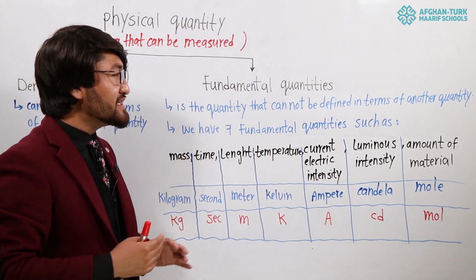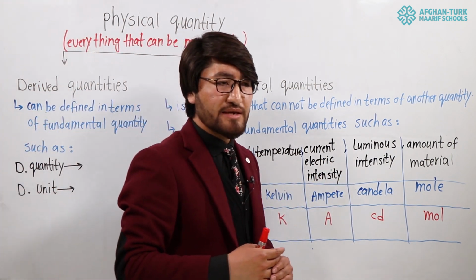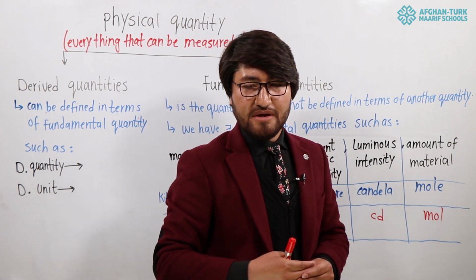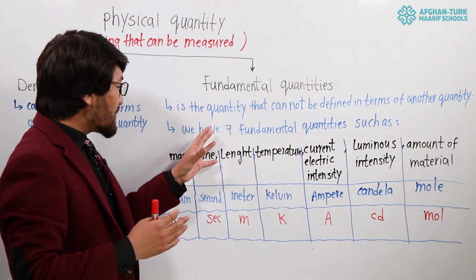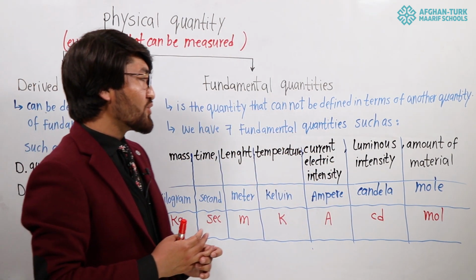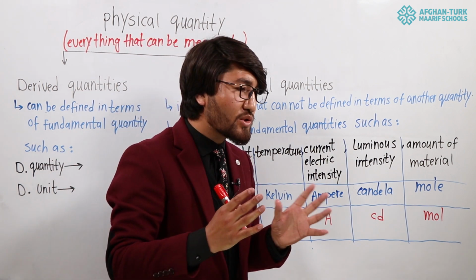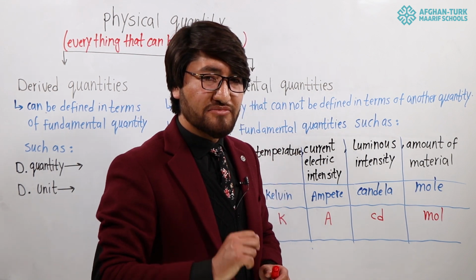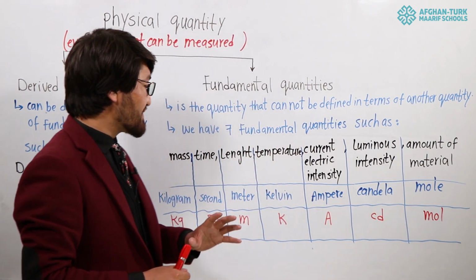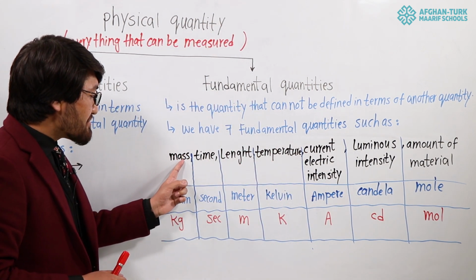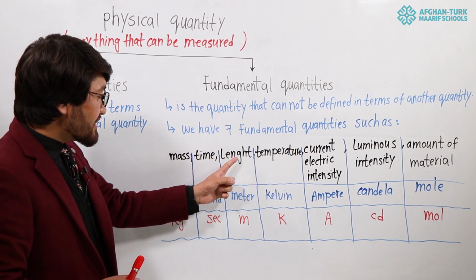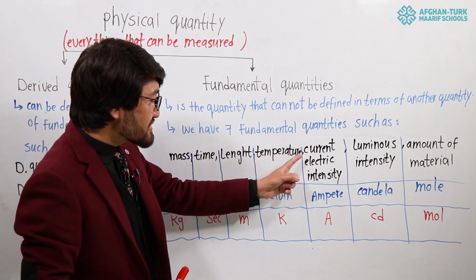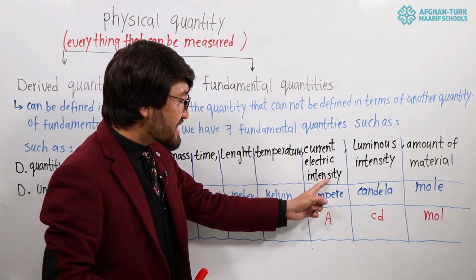They do not need another quantity to define. We have 7 fundamental quantities. How many fundamental quantities do we have, my students? 7. Yes, great, excellent. Such as mass, time, length, temperature, current, electric intensity,